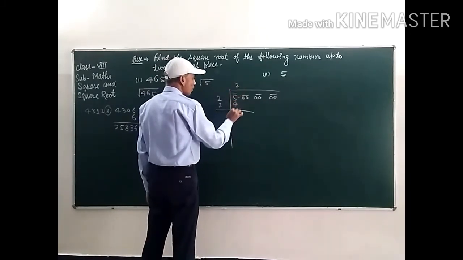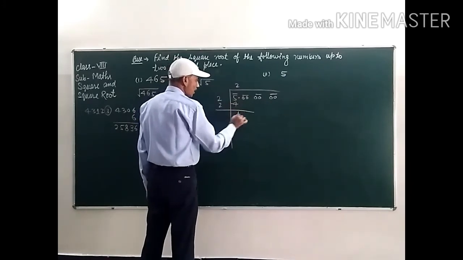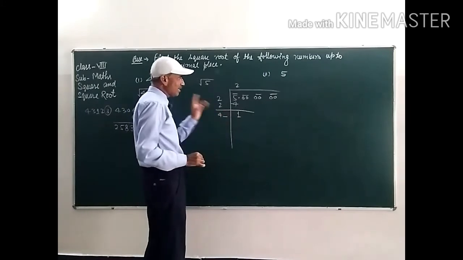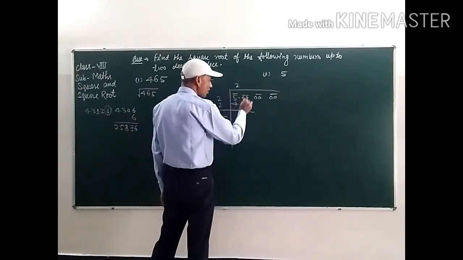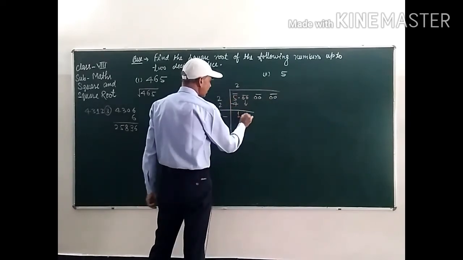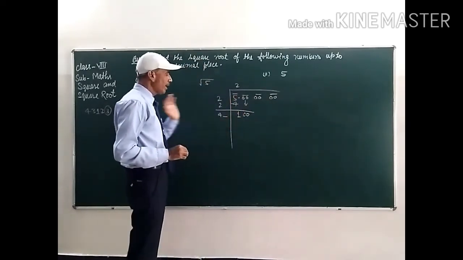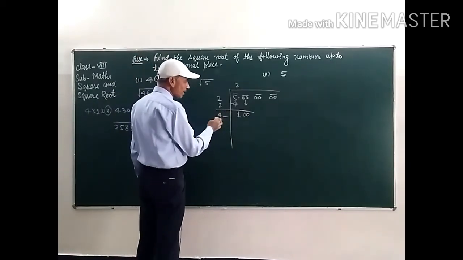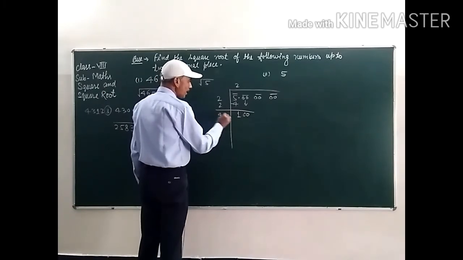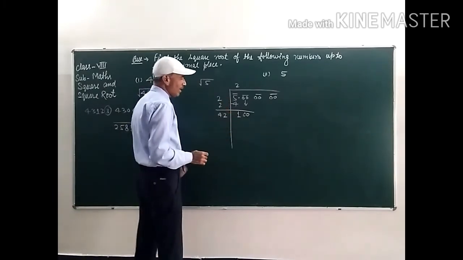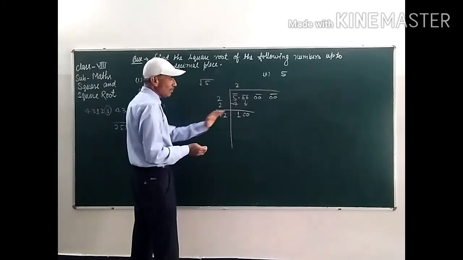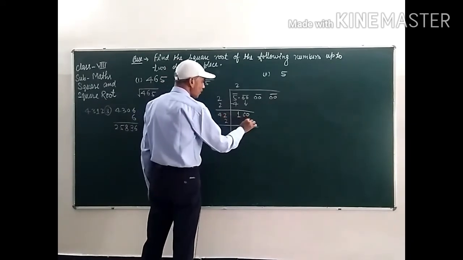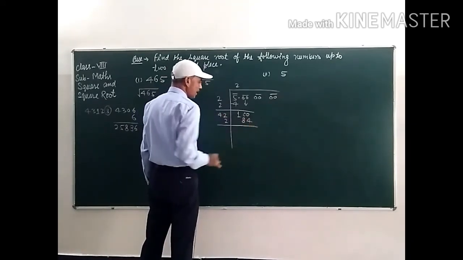2 2 ja 4, subtract, this one 1. Add this number, that is 4, put a blank here and take the whole pair below. This number is 100 and this number is 42 49, but we are going to take 2 here. 42 2 ja 84, that is less than 100. If we take 3 here, that will be greater than 100. So we are taking 2 here. 2 2 ja 4 and 2 4 ja 8, 84.